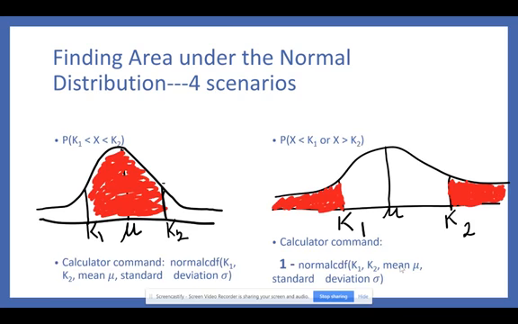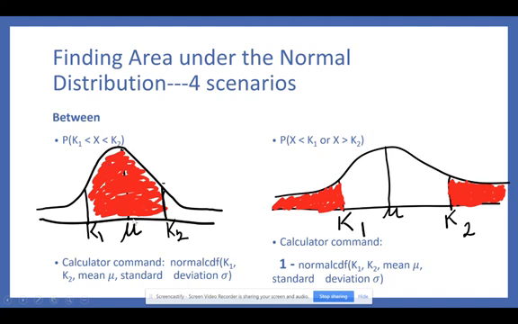The third scenario is a between, where we want to be between two numbers. So we would have the probability that K1 is less than our variable X, which is less than K2. Visually, you have your horizontal number line with your bell-shaped distribution. The mean is still in the middle. We indicate the location of K1 and K2, and then we want to be between those two numbers, which again